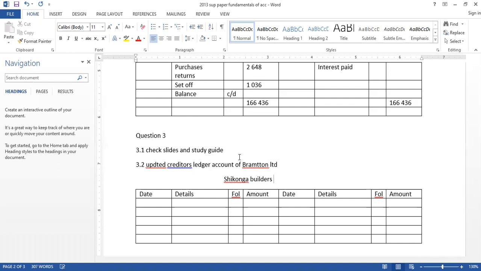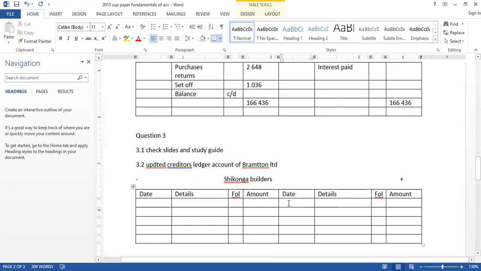Okay, so creditors are liabilities. Liabilities increase on the credit side. They increase on the credit side and decrease on the debit side. So all information that decreases our creditors will be recorded on the debit side, and all information that increases our creditors will be recorded on the credit side. Okay, so let's record the amount, the balance first. So 2012,